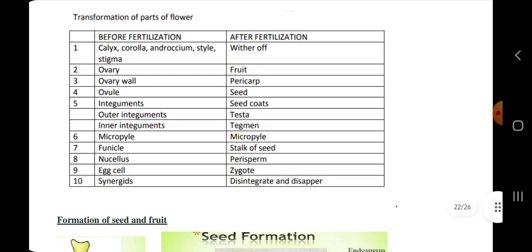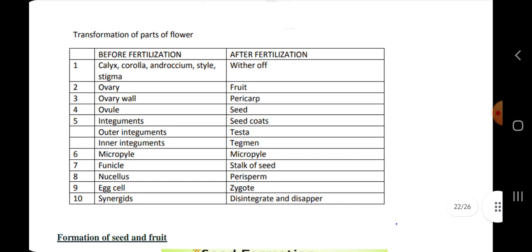Then this is the most important topic, transformation of parts of flowers. Before fertilization, calyx, corolla, androecium, style, stigma are present, and after fertilization they wither off. And the ovary: before fertilization it is ovary, after fertilization the ovary becomes fruit, the ovary wall becomes pericarp, the ovule becomes seed, the integument becomes seed coat,